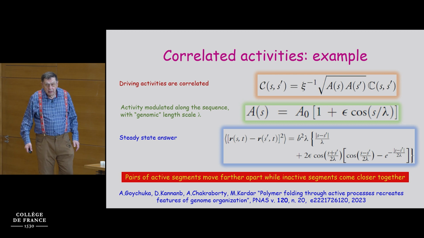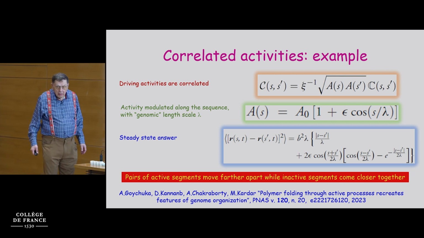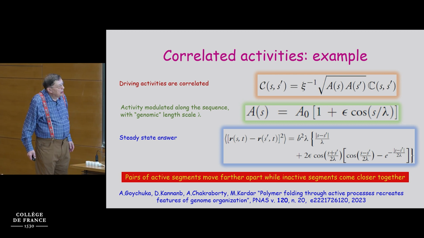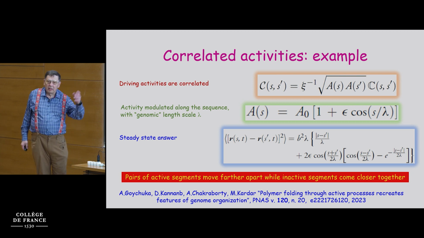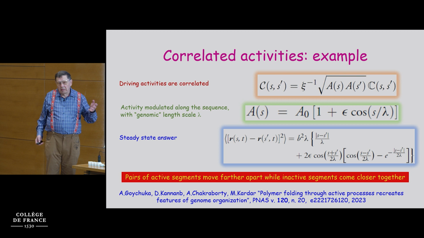In this case, what's the structure for C of S, S prime? The one at the top right of the slide? The coupling between monomers? Yes, there is S and S prime, two different monomers. The other one, the one on the first line. The big one, yeah, this one. Yeah, C of S and S prime is